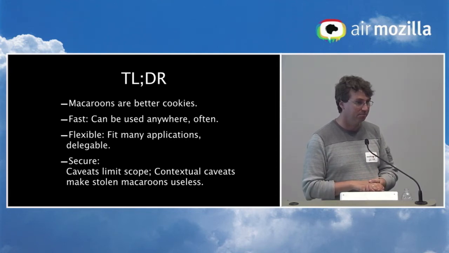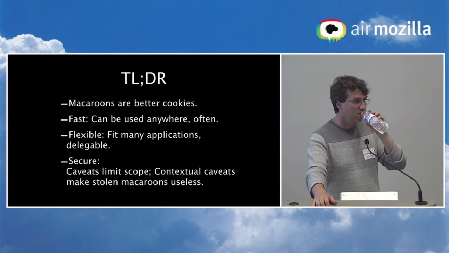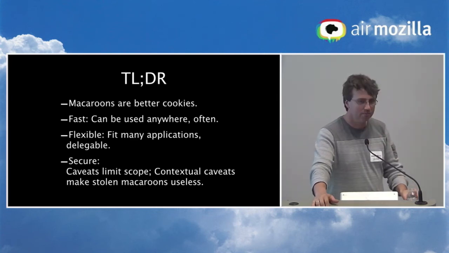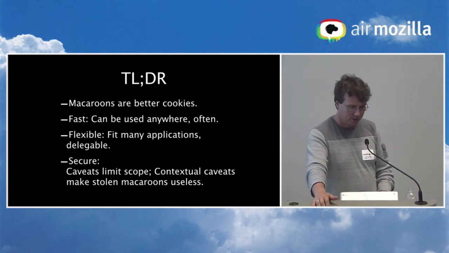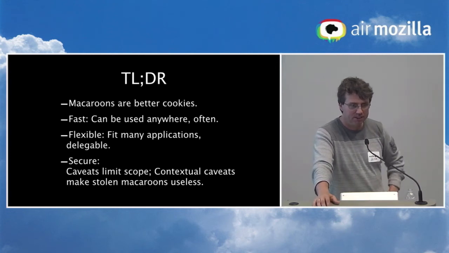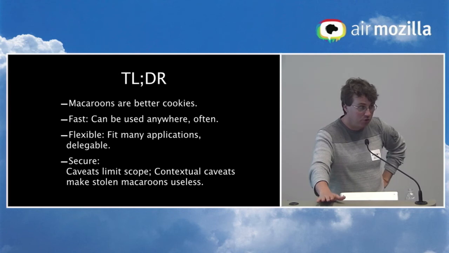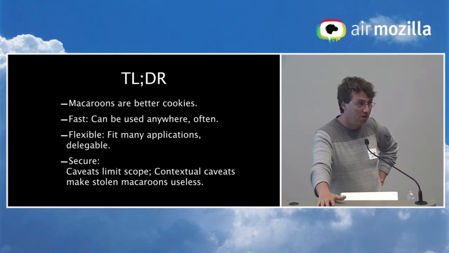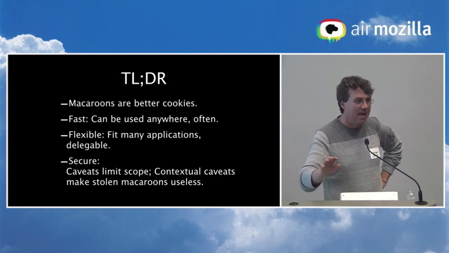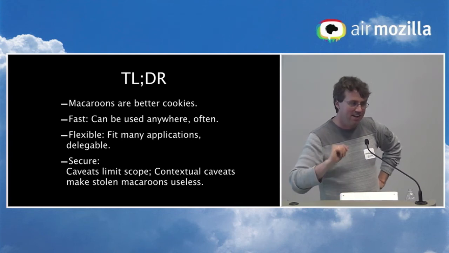Do you think it'd be useful to have a caveat that binds it to a particular API that's being called, or to a particular set of OAuth scopes that are being invoked at that moment? So the question was, would it be useful to bind it to an API or OAuth scopes? For credentials where there is already a notion of different purposes, absolutely yes. I mean, that's the natural thing.